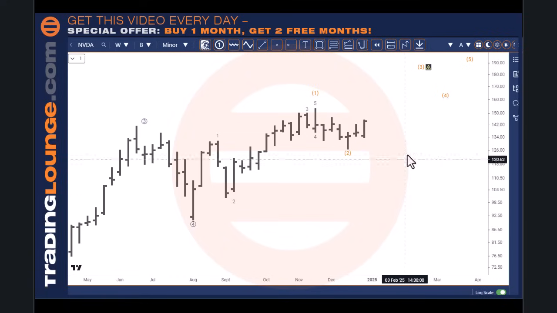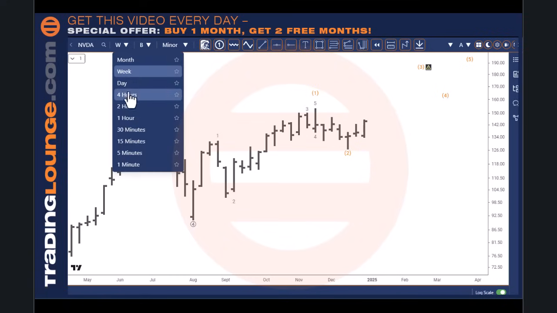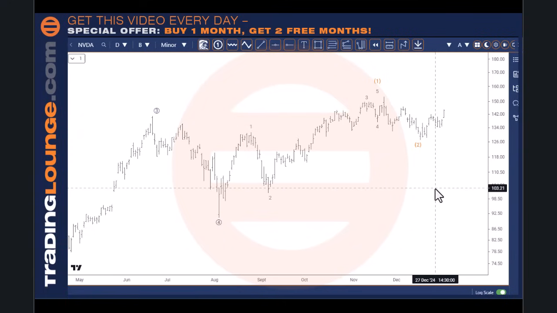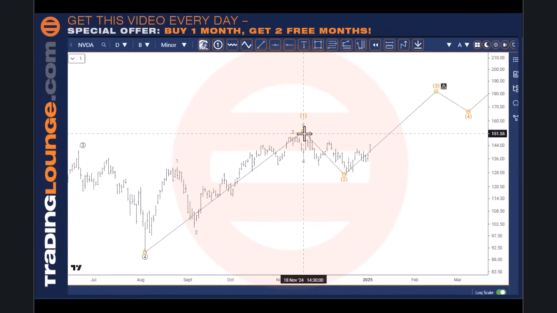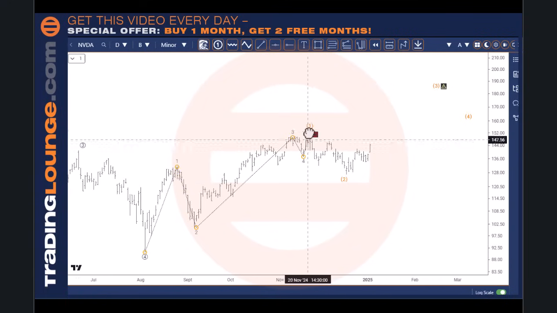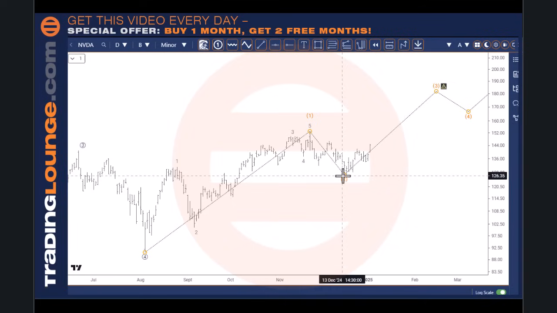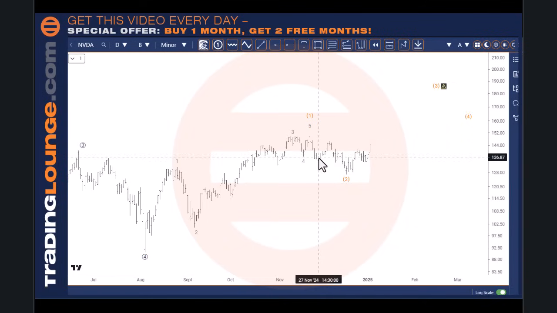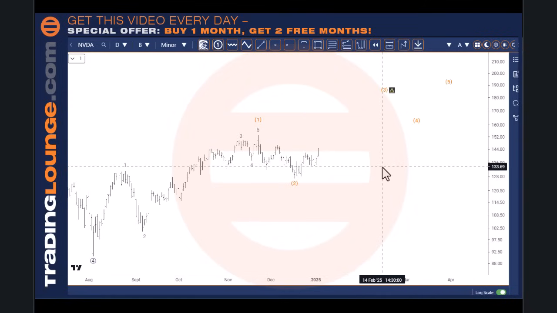So if that's the case, what we need to do is find a way in over here. Just going from daily to weekly here, this will put this onto here. We can just straighten these up. That will give wave 2 here. So then we do have a nice ABC correction here. And in an odd way, we do have 5 waves up here.